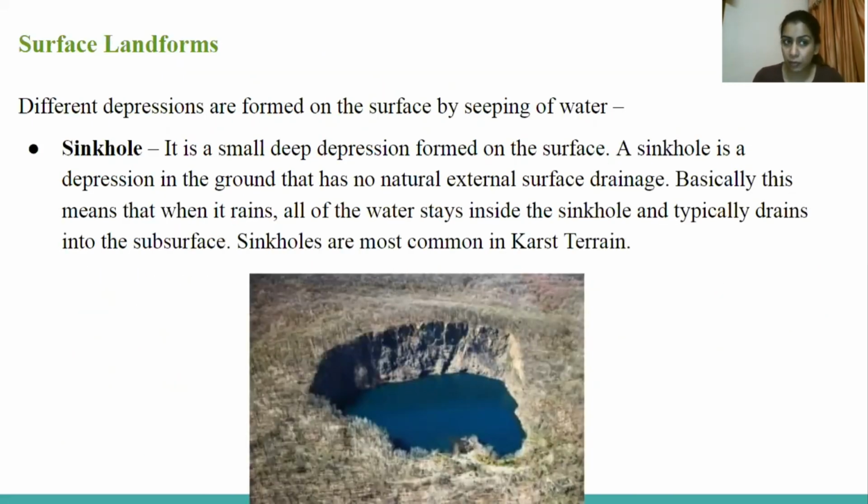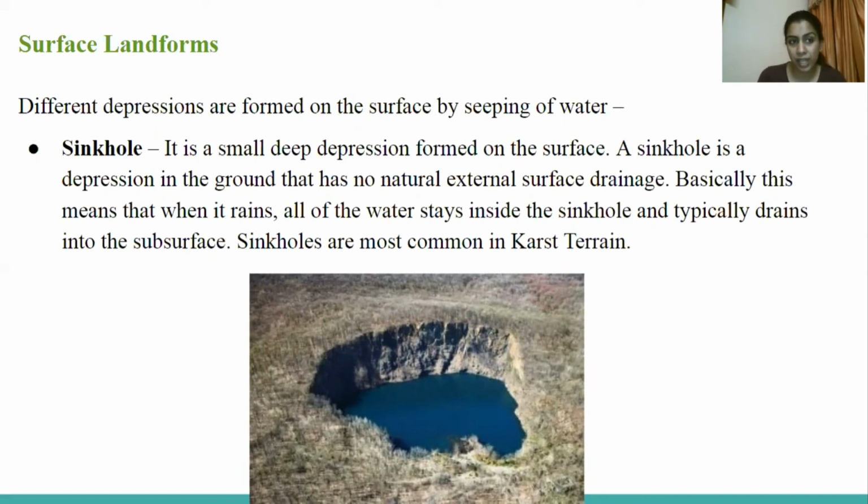So surface landforms: different depressions are formed on the surface by seeping of water. The first one is the sinkhole. It is a small deep depression formed on the surface. What is a sinkhole? It is a depression in the ground that has no natural external surface drainage. Basically, this means that when rain comes, all of the water stays inside the sinkhole and typically drains into the subsurface. Sinkholes are the most common in karst